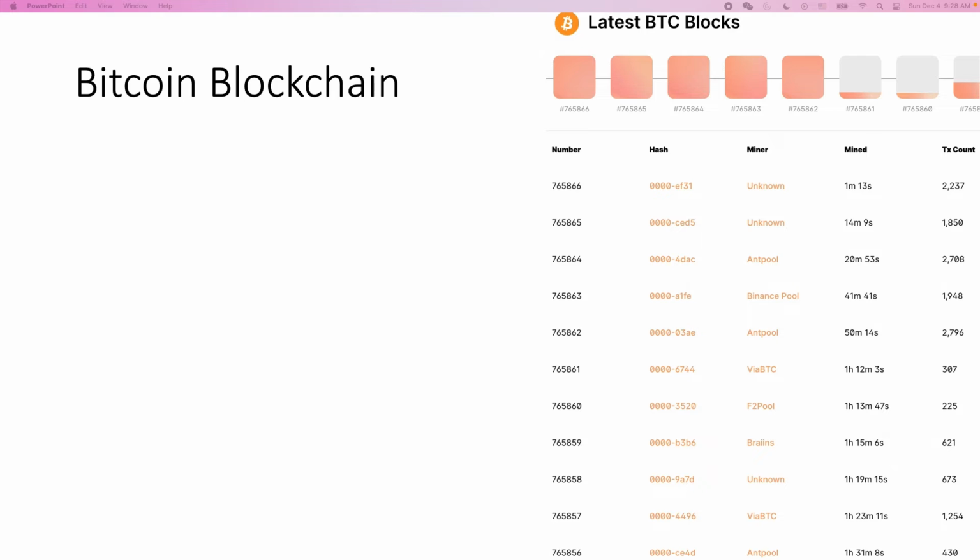So here are the latest Bitcoin blocks. They are near 800,000 blocks now. So there are 765,000 and 8,066 blocks in the Bitcoin blockchain right now. And every 4 years,